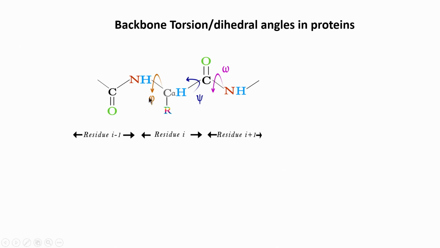So, these are different torsion angles shown here. The very important torsion angles for secondary structure are these two, phi and psi. Together they help us tell whether this amino acid, amino acid i, is in an alpha helix or a beta sheet based on these values. But in NMR, we normally measure only this value, phi; we do not measure psi.